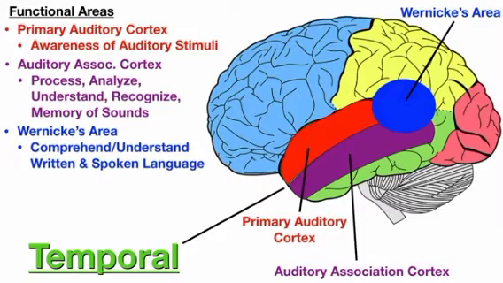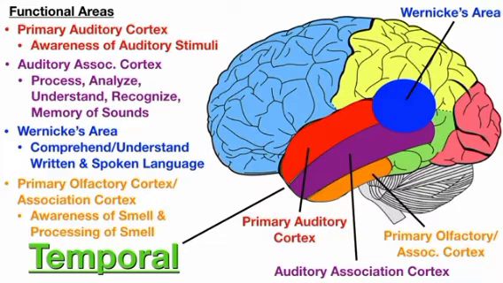So up to this point, we've gone over a few different senses. We've talked about touch, we've talked about vision, and hearing. The only two we haven't talked about are smell and taste. So starting with smell, this is going to be located on the medial aspect deep inside the temporal lobe. It's shown in orange on the picture, but just know that it's deep inside on the medial aspect of the